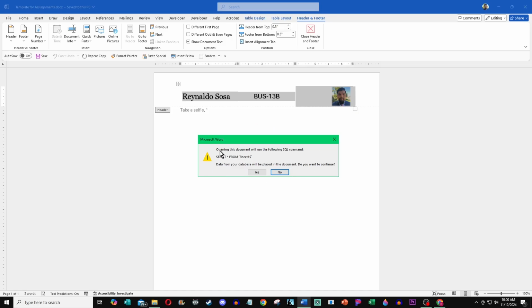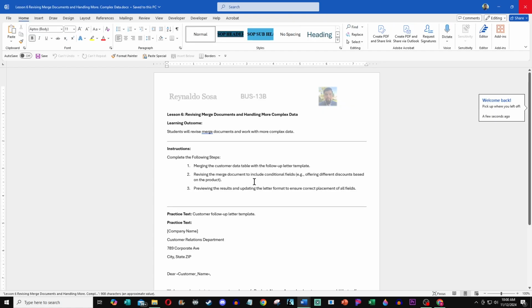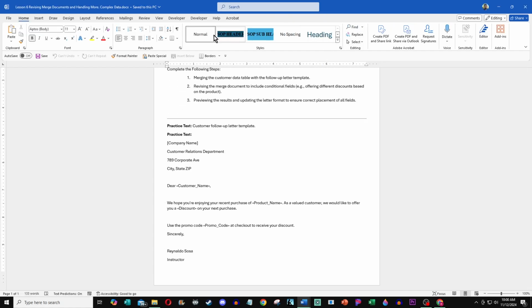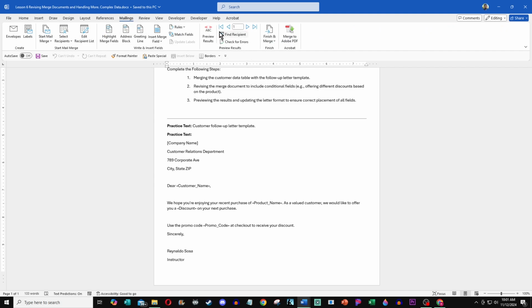This pops up that says, yes, we're merging from sheet 1. Go ahead and hit yes. Now let's preview it in the mailings tab. Preview results. Now look at that. Use code SAVE10. I'm not sure why Excel does that, but it does do that. So